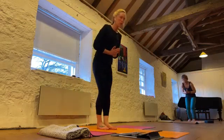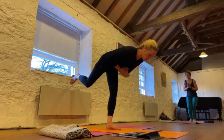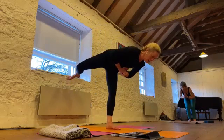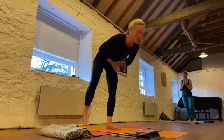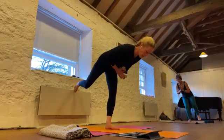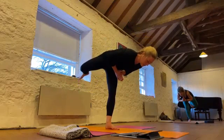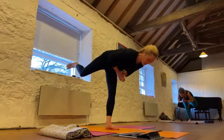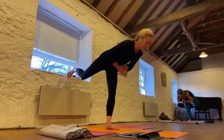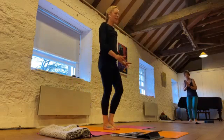So if you need to know what I'm doing, I'm just working on my balance on Warrior 3. And then I'm just opening that hip. It's quite tricky. Oh, it's harder on one side. It's really good for thinking about our balance. Back into Warrior 3. All the way down to the mat. Yes, use a block if you need. And then,